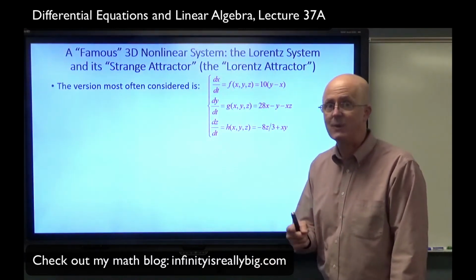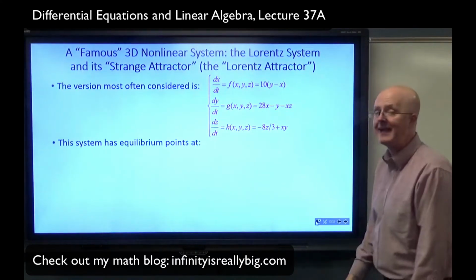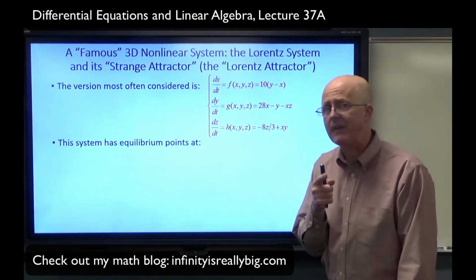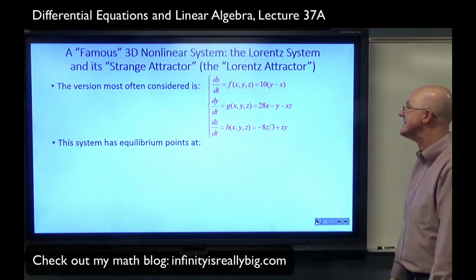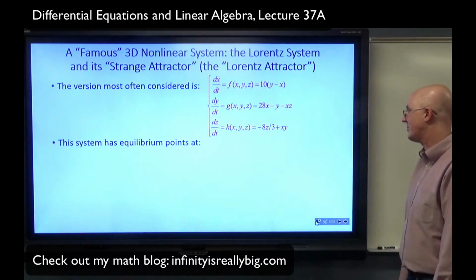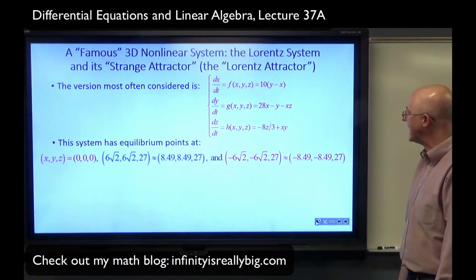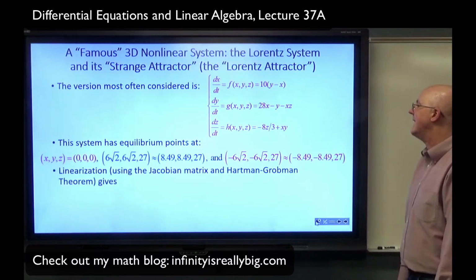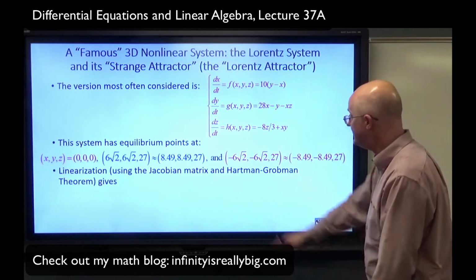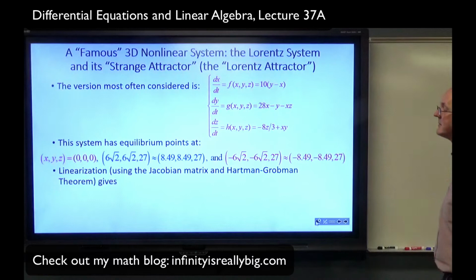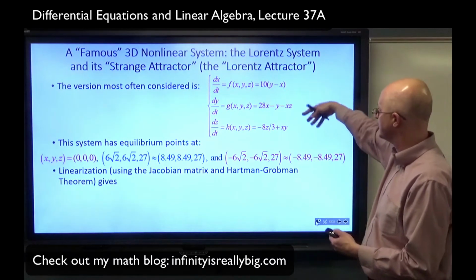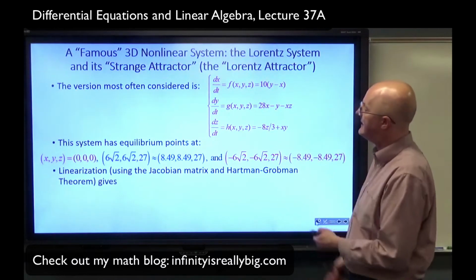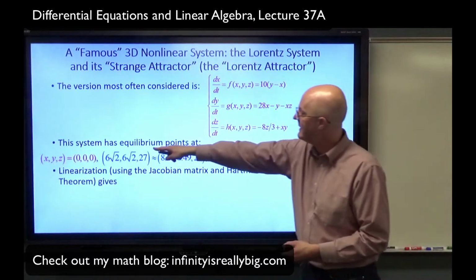But the surprise was that it did, and the implications for the weather were very profound, as well as for other things besides the weather and predicting the weather. This system has equilibrium points at these 3 points. You can check it. It's not too hard to check. I would encourage you to do that. And you can linearize using the Jacobian matrix and the Hartman-Grobman theorem as we've talked about. So you find the 3 by 3 Jacobian matrix by taking partial derivatives of these things, plug in the equilibrium points. If you do the first one, the origin,